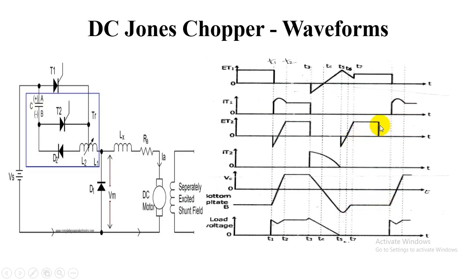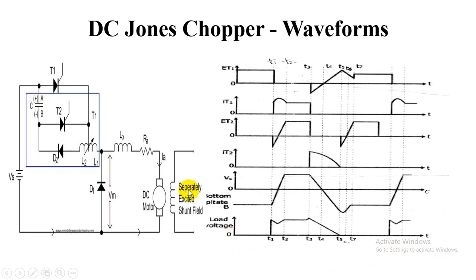And here the thyristor T2 is off, that's why there is a voltage across the thyristor. After that, again the thyristor T1 is going to be turned on, and due to that the operation repeats, and we are getting the output voltage the same as this. But when you take the current waveform for the load, it's a constant one, we can see.